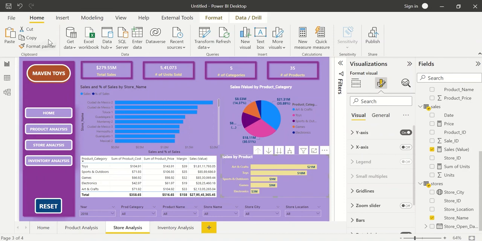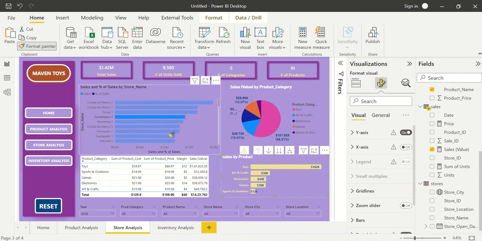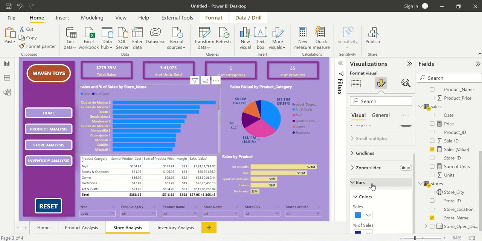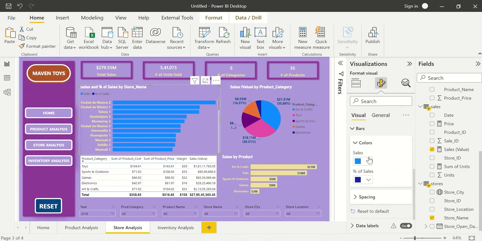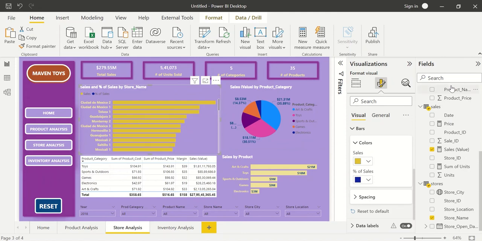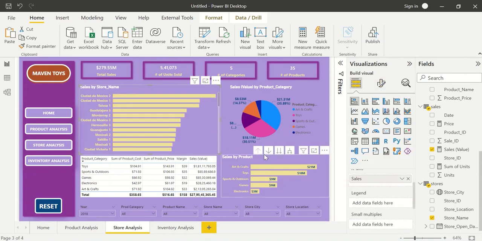If I click here, click on format paint, click on over here. Okay, it is not changing. I need to change the bar color. Okay, so what I will do is, this should be light blue, yeah, yellow, right? So it's light yellow, it's good. Let me just remove percentage of sales as of now,